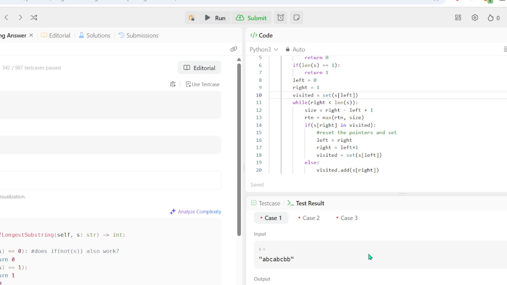Oh, okay, so I think there's a problem with my size updating, right? So, hold on. Size equals right minus left plus 1. That does make sense. Because if we had AU, right? Let me think.